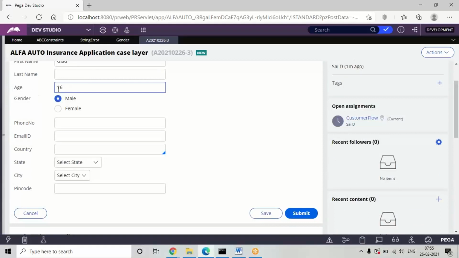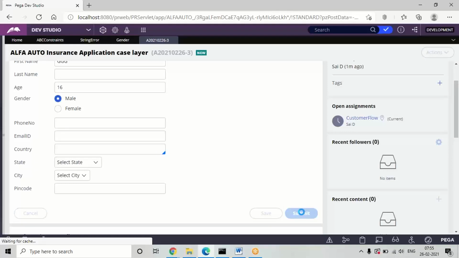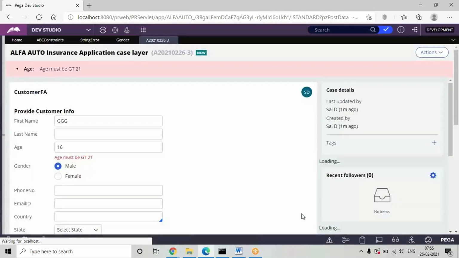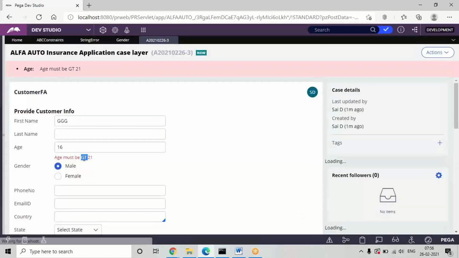And now according to the age and gender values given, it will throw an error for the age property as age must be greater than 21, because I have given 16 as the value.